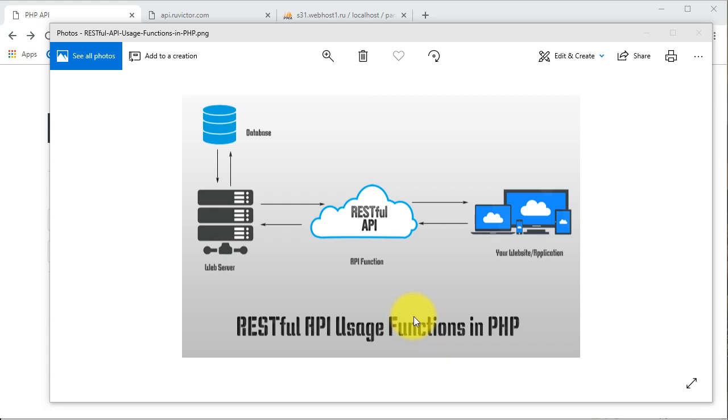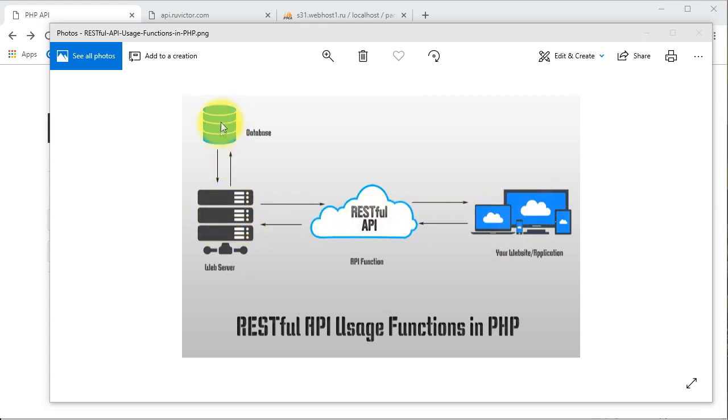Hey guys, in this video we will be talking about APIs, and in this tutorial we will create an API using PHP. So we will have a database, there is going to be a web server, it's going to be the API, and then we will have a website, a web page. Here we can have anything. We could have a mobile application and just use the same API, but this is what we will do in this video. We will have a web page which is gonna interact with the API, and then the API with the